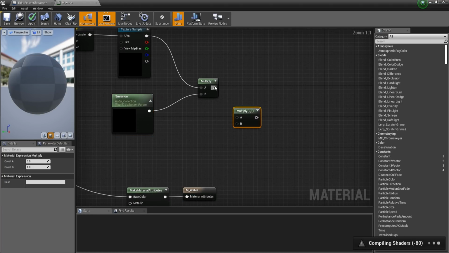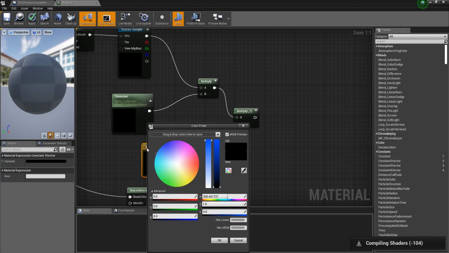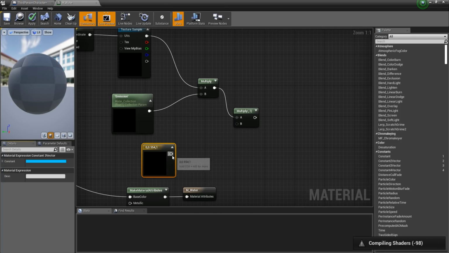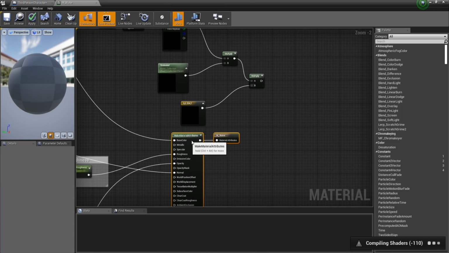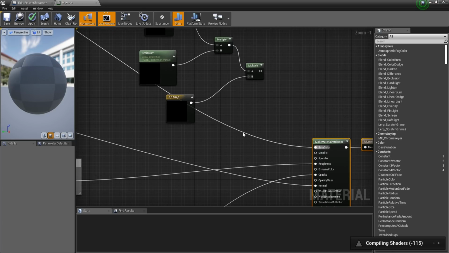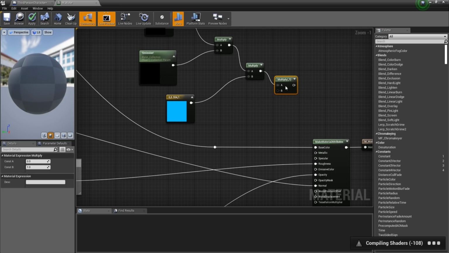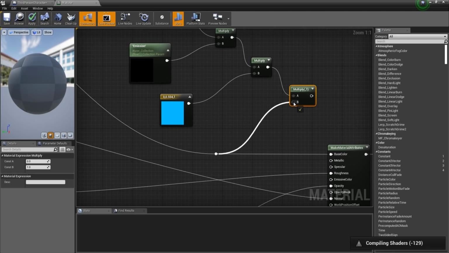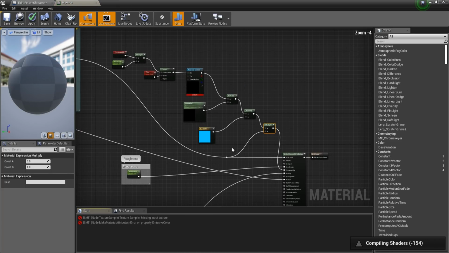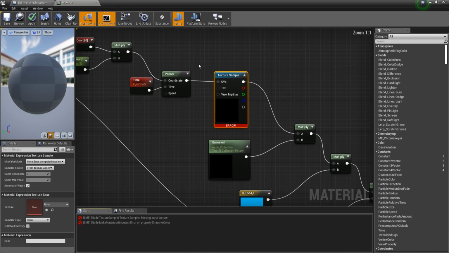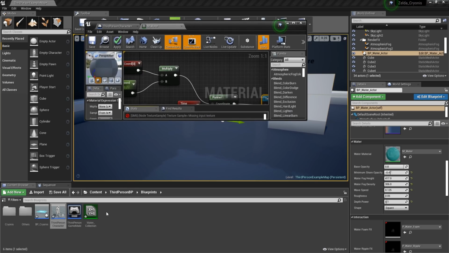Then let's multiply this with a color, the blue color. Right? You can set whatever color you want, remember? And then we can multiply once again, final multiply node, multiply everything with the base color, and then plug this in the emissive color. Now we are going to get an error with our texture sample, so let's see what